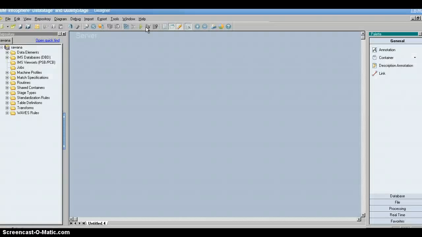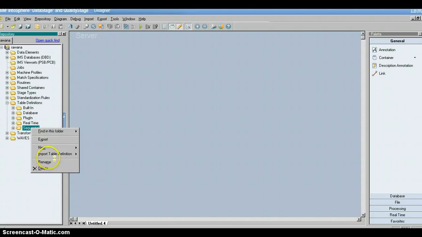So we have created a table definition for the sequential file in my previous video. This video is a continuation of video number 2. After creating the sequential file, let's see how that table definition looks. You see here sequential, and there's a folder, and this is the table definition we